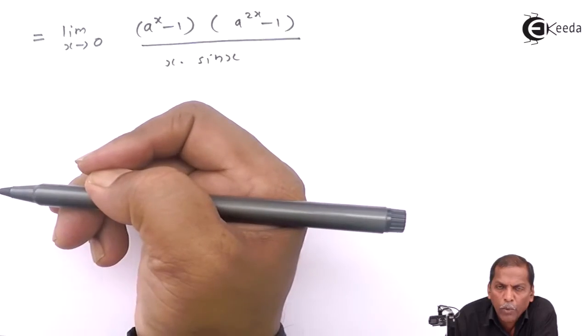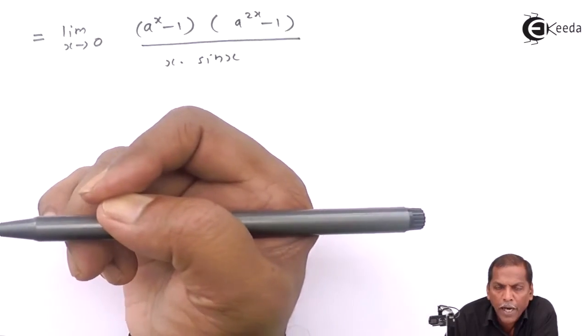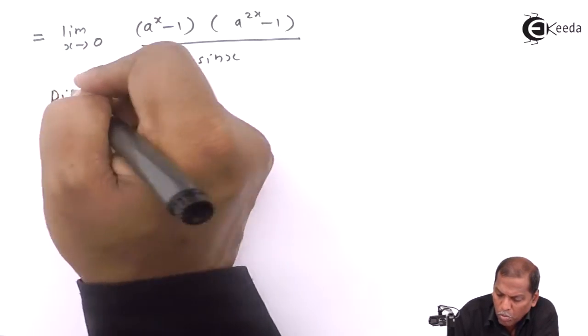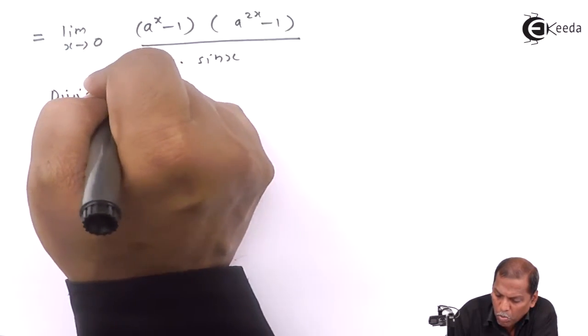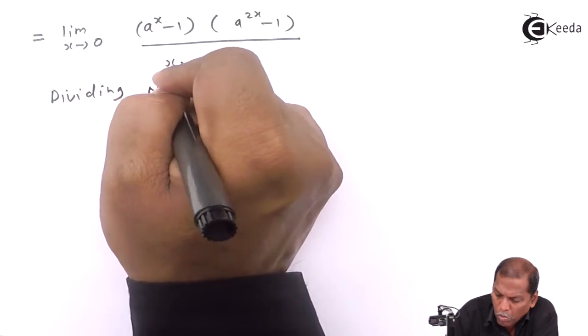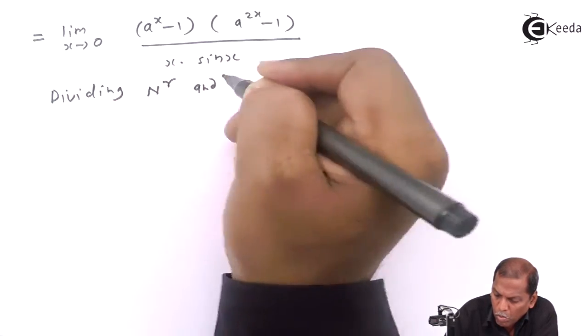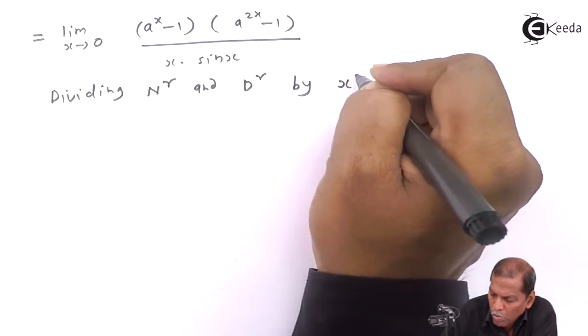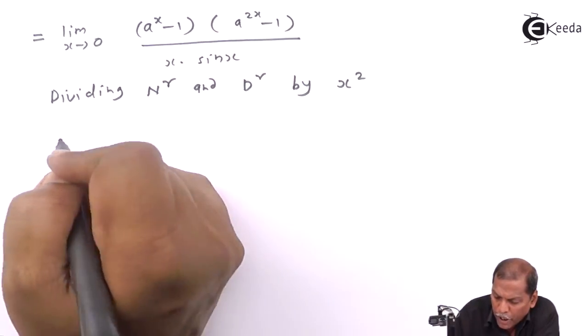Now to get the rule, we have to divide numerator and denominator by x square. So the next step will be